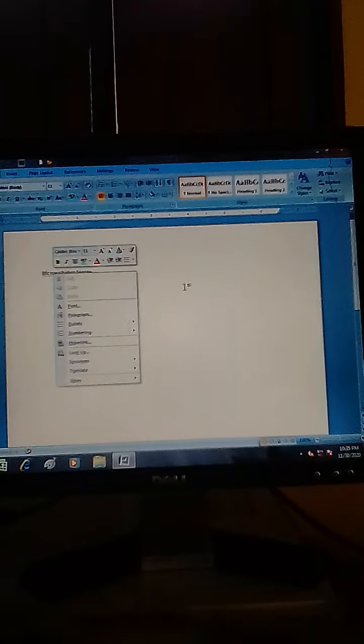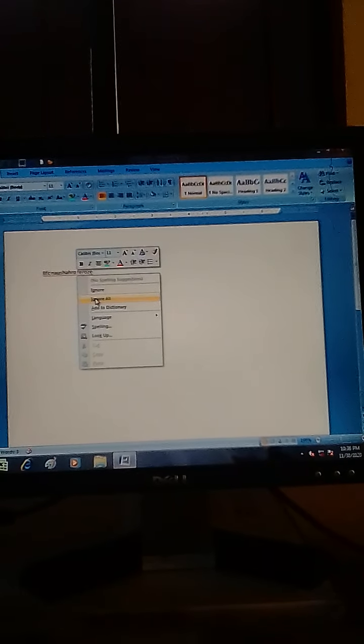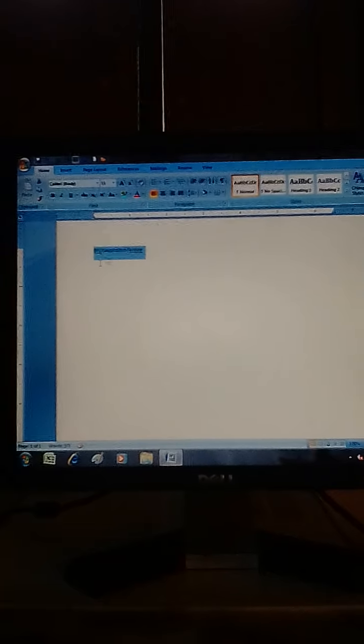Here you can see that the size of the fonts is 11. If you want to increase the size of the fonts, that means letters, dear students, fonts means letters.